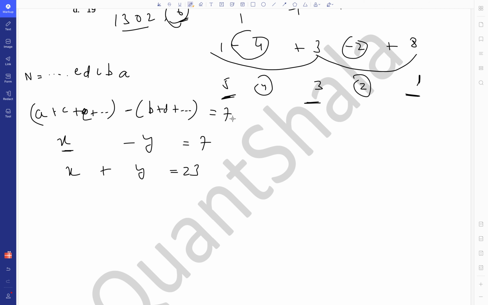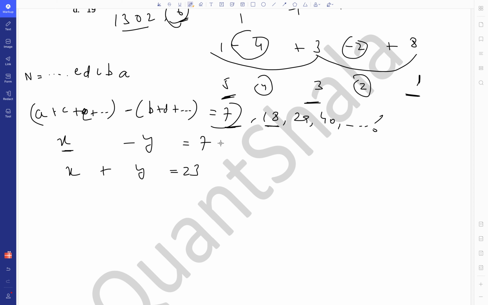So first of all, will this only be 7? Can this be 18 or 29 or 40 and so on? Yes, it can be, right? Because we are finding the difference of these odd and even position digits, and even if that comes out to be 18, we'll find the remainder with 11 again, which will be 7. Okay. So the remainder being 7 doesn't mean that this difference is supposed to be only 7. It can be 18 or 29 or 40 or anything.